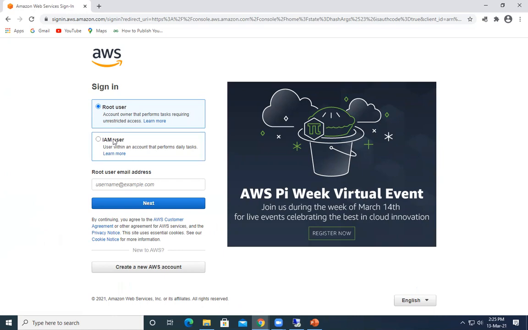Whoever is using them should log in with their own credentials rather than using the root user. The root user is the main admin user that has unrestricted access to all the services. So it's not recommended, but I'm using this. Let's log in.